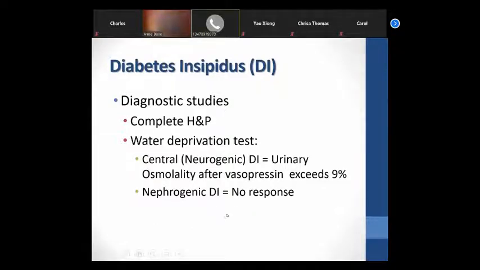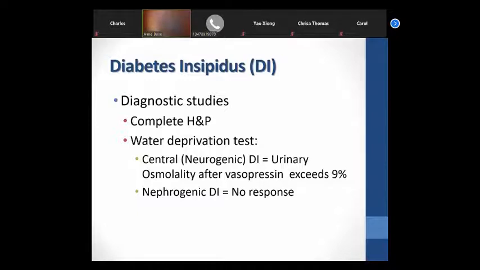Can you please repeat how to differentiate between central DI and nephrogenic DI, please? Yes. Central neurogenic just simply means it comes from a nervous system issue, whereas nephrogenic means there's something wrong with the kidneys. So the kidneys are not allowing ADH to do its job. Central neurogenic means that you're not releasing ADH. Nephrogenic means that the ADH is released, but the kidneys are not allowing it to do its job. So therefore, water is not reabsorbed.